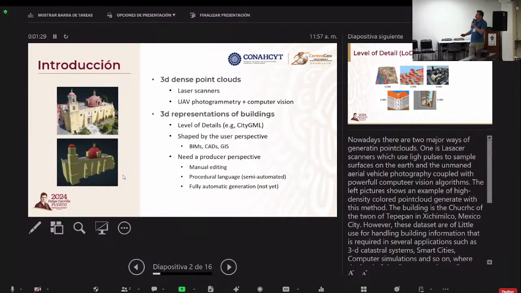So these point clouds are very useful because you already have the 3D structure of the objects that you map through this method, but they are useless for handling building information, for example, that is required in some systems. This is an example of a building model that can be used in some systems where you have properties attached to all those elements of the building. So how to go from here to here is an open problem, and there are some proposals in the literature, but we are not dealing with the algorithm to transform this point cloud into a building model, but rather with how to